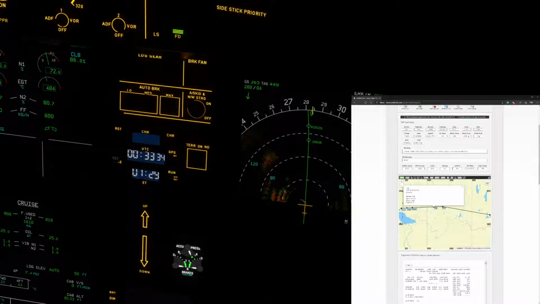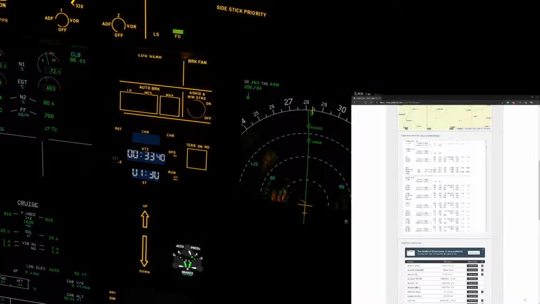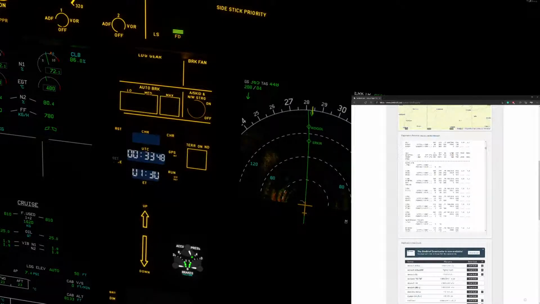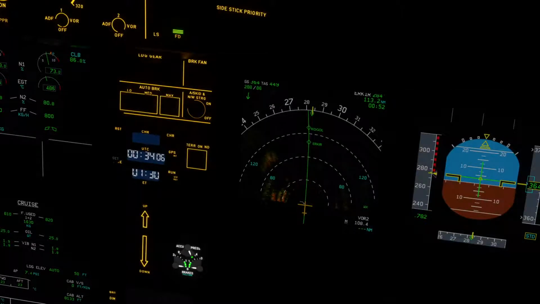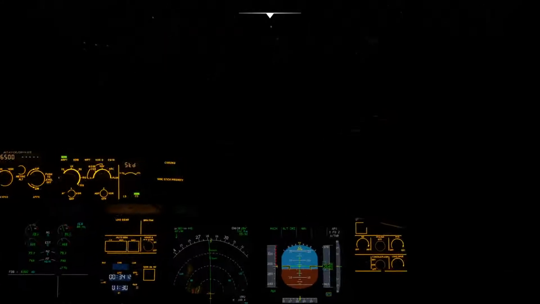And the top of descent should be, if you check in the flight plan, so our top of descent should be 8 miles past Kempton, and because we added it as a VR, once we get there we'll be able to capture the distance, and then we'll know when it is our